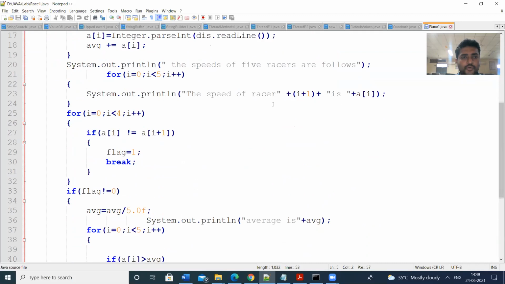Next, see what I am going to do. Now I have read the data from the keyboard, and now I am going to print the speeds. The speeds of the 5 racers are as follows. For i equal to 0, i less than 5, i plus plus, I am printing the speeds with System.out.println. The speed of